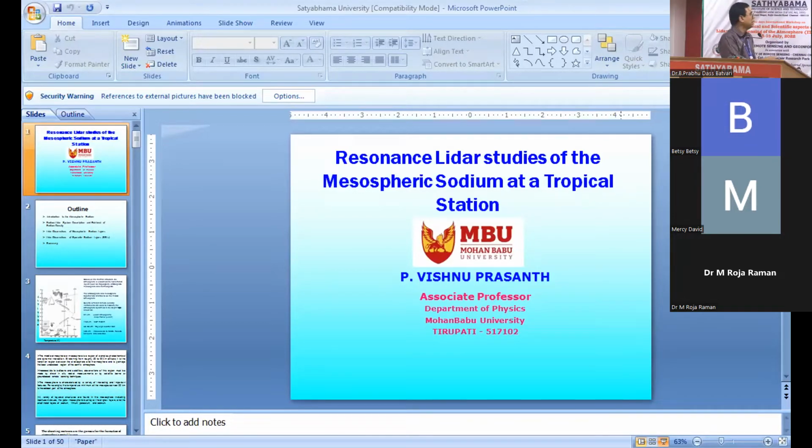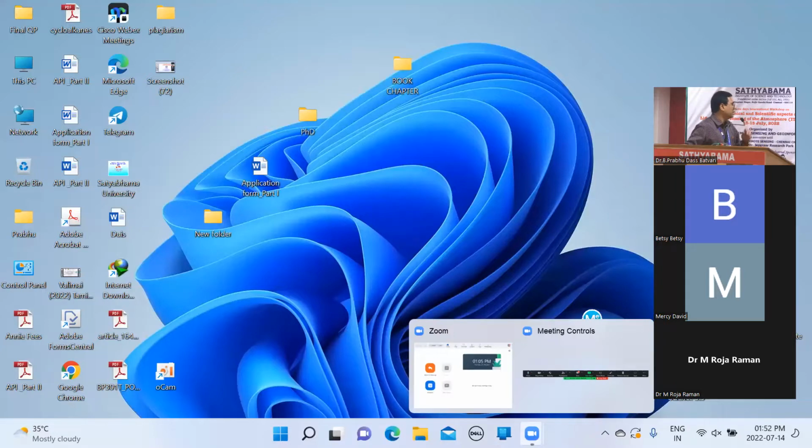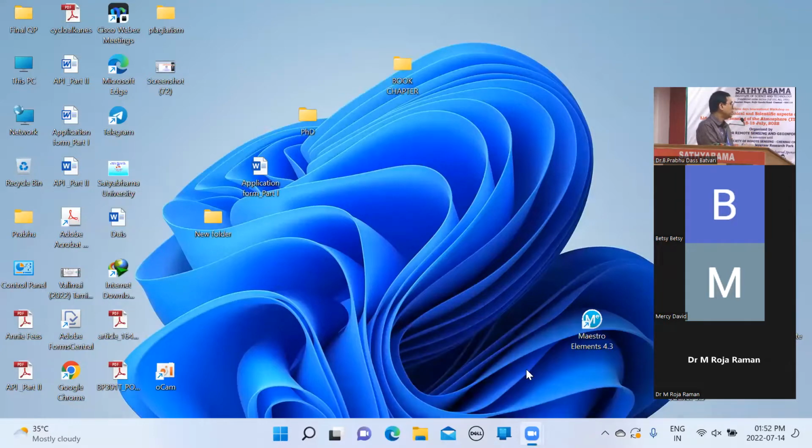Based on the thermal structure, we have clearly observed that the atmosphere can be classified into four layers: troposphere, stratosphere, mesosphere, and finally the thermosphere. The middle atmosphere represents the stratosphere and mesosphere, and all these layers can be monitored by different remote sensing techniques, 0 to 4 kilometers by LIDAR and 30 to 80 kilometers by